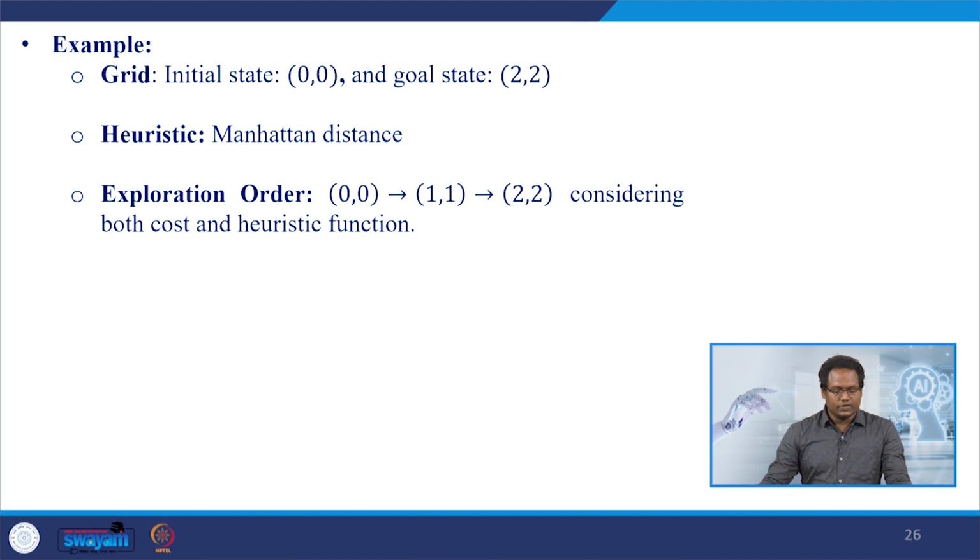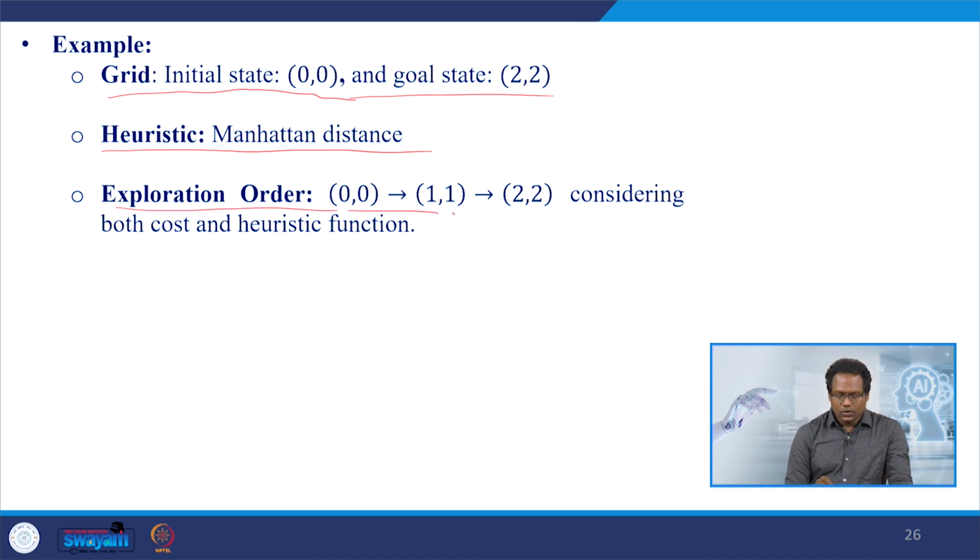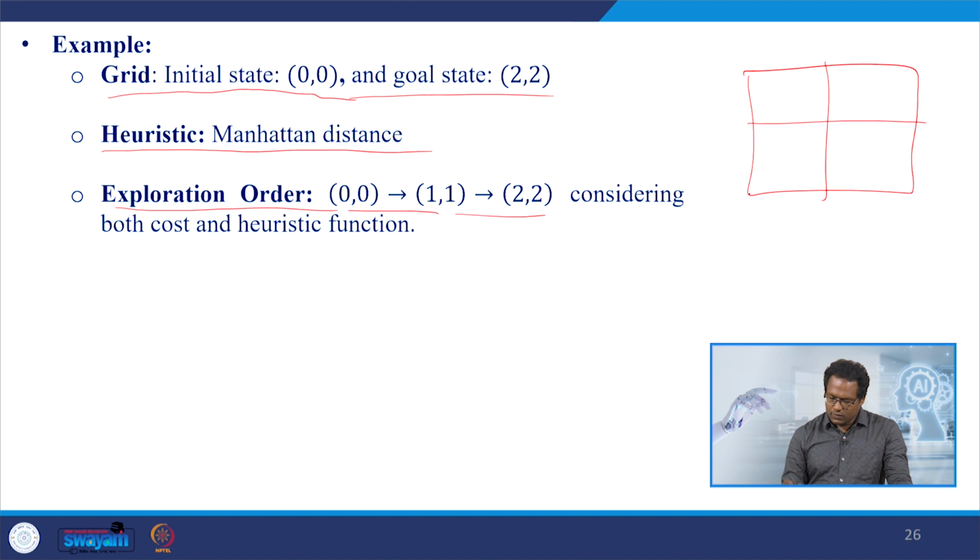Now, again coming to the grid example. The example here is we have the initial state 0, 0 and the goal state again 2, 2. Here we use the heuristic Manhattan distance, which is similar to the Euclidean distance. And here the exploration order is from 0, 0 to 1, 1 to 2, 2. So, we have this grid, 0 0. So, reach here, then reach here, because it is a combination of